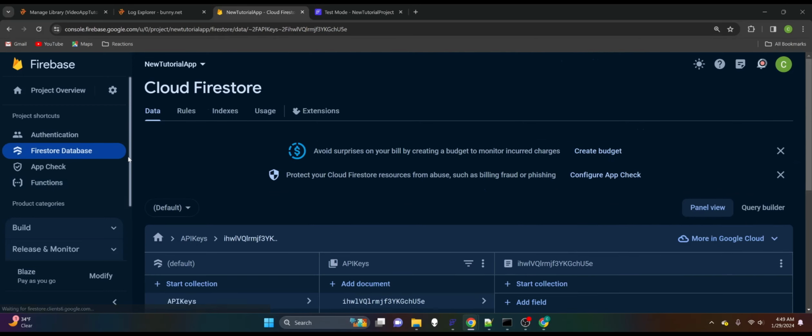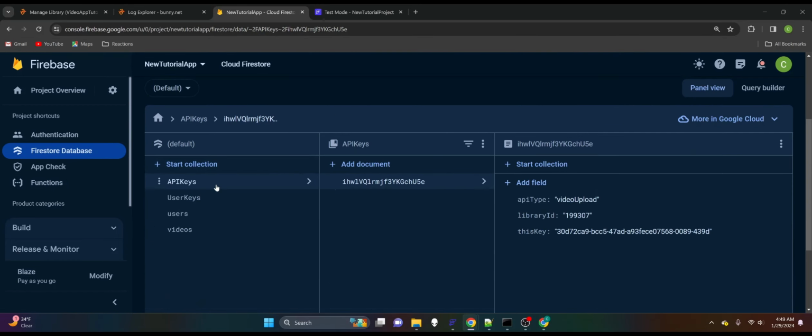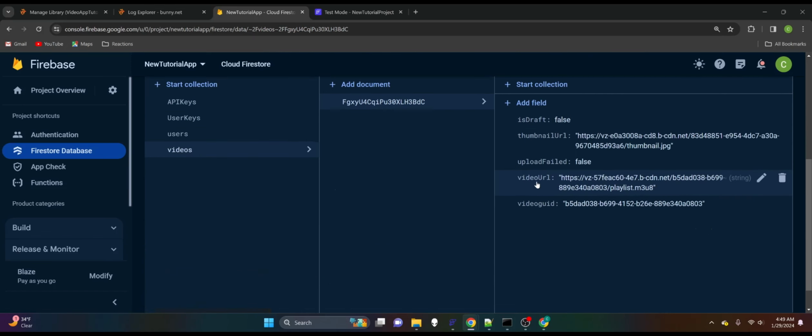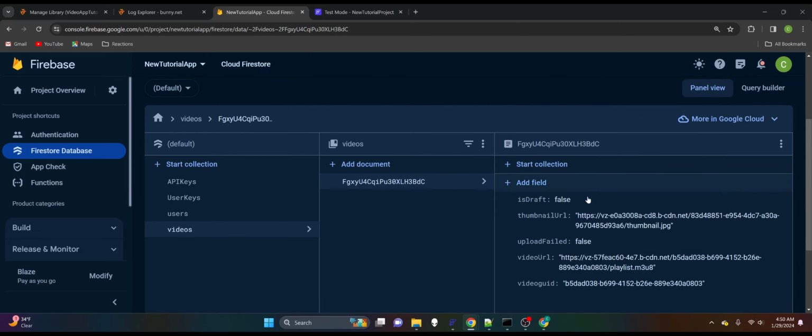So let's go back over here to database. Make sure that this updated correctly. So now you can see its draft is false, which means it'll be live in the feed. Failed is false, it didn't fail. The function injected our thumbnail, well, I'm sorry, that was already injected in there, but it injected our video URL in here, which again is going to be saved as an HLS file. There's our video GUID and thumbnail URL, so